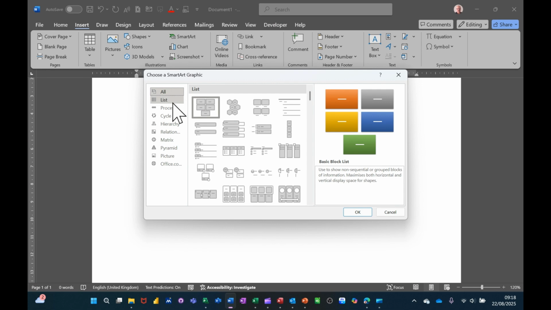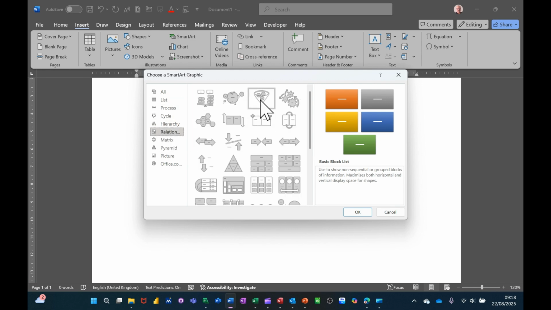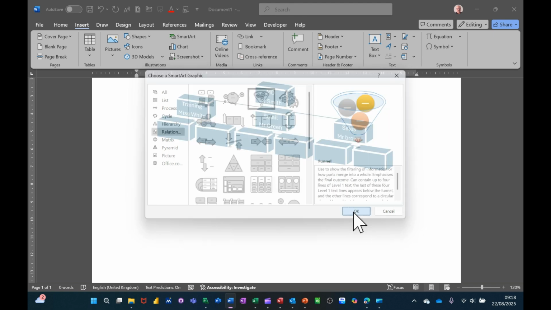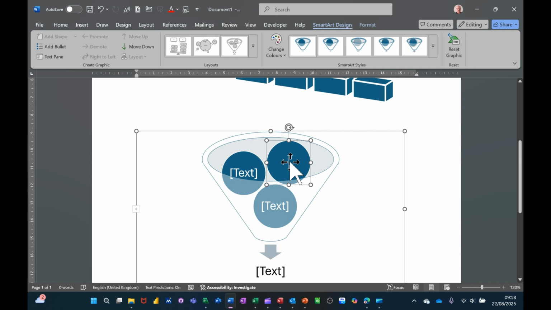SmartArt diagram there, I want Relationship, and this funnel is a typical one. I'll click on that and then OK. So again, you can type. So I'll just call it Phase 1 and Phase 2. I can click into there, so I can type Phase 2,